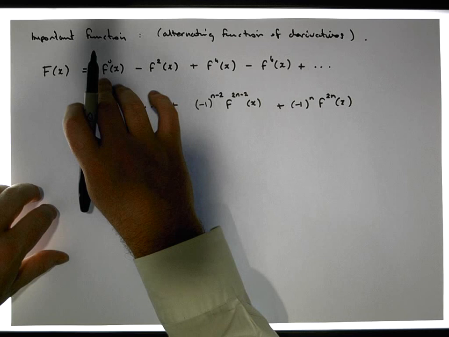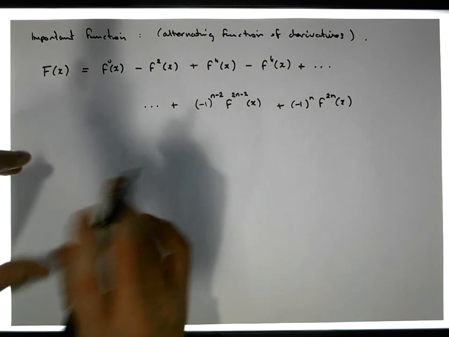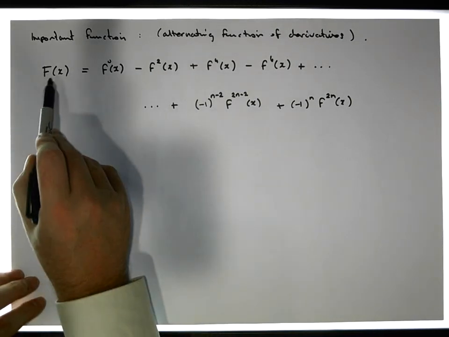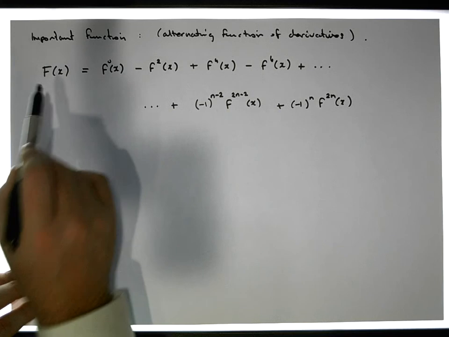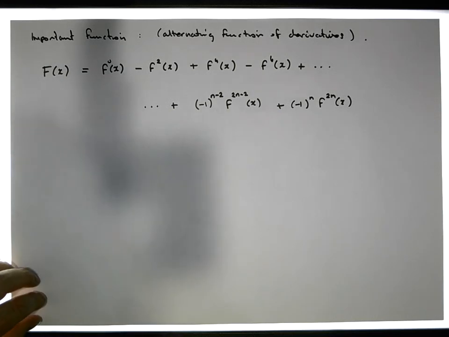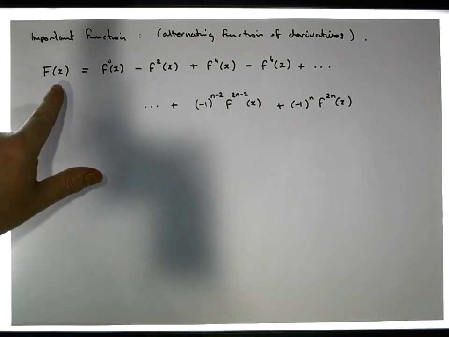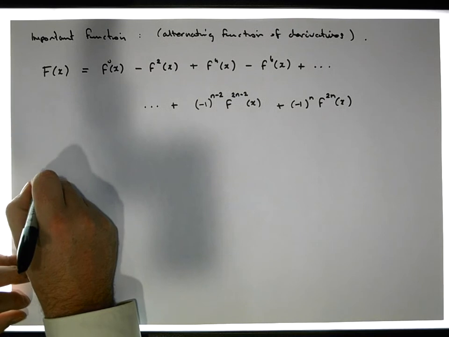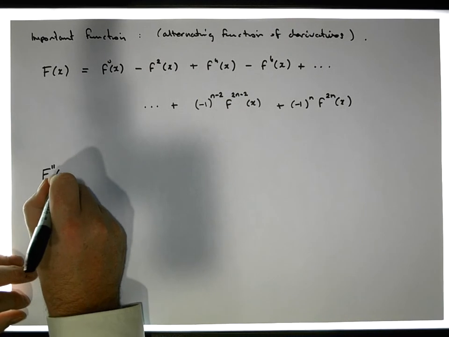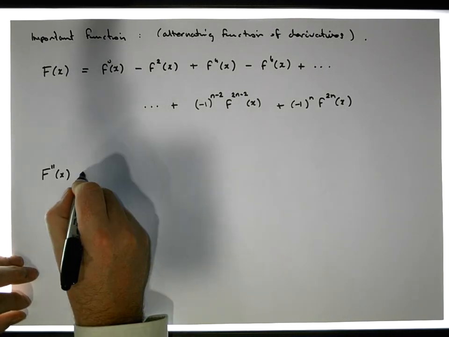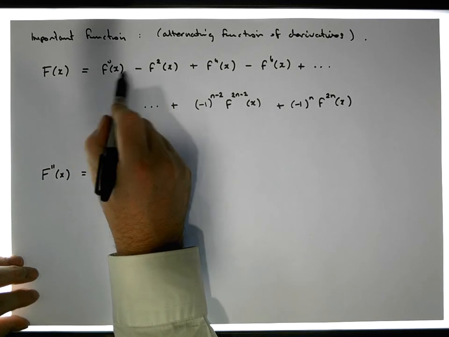But what we're going to do now is differentiate this function. We're going to differentiate it twice. That's really, really important. So we're going to calculate what F double prime of x is. We're going to differentiate it twice. So what happens here? Well, this gets differentiated